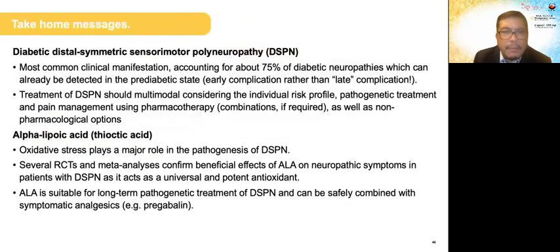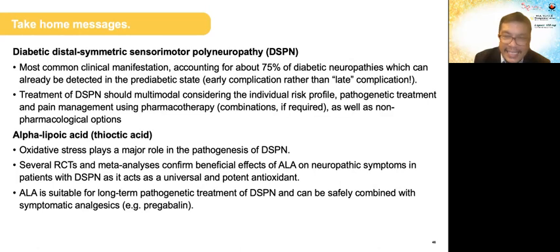So in summary, hopefully I was able to show you that diabetic distal symmetric sensory motor polyneuropathy, or your DSPN, is the most common clinical manifestation, accounting for about 75% of diabetic neuropathies, which can be already detected even in the pre-diabetic stage. So it is basically an early rather than a late complication of diabetes mellitus. Treatment of distal symmetric polyneuropathy should be multimodal, considering the individual risk factor. Pathogenic treatment and pain management using pharmacotherapy or combinations if required, as well as non-pharmacologic options, particularly for alpha-lipoic acid